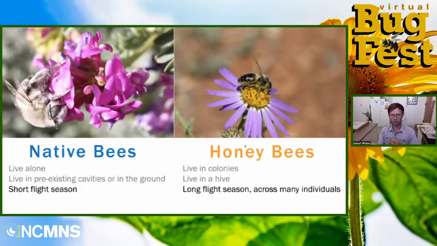There we go. Another thing to consider with this is many native bees are picky eaters. So they are attracted to certain kinds of flowers, and many of them have a short flight season. Many native bees are only flying around as an adult for maybe 4 to 6 weeks. Honeybees, on the other hand, fly all season long. As soon as it's 55 degrees or so in the spring, they will be out foraging, and they will stay out foraging until the daytime high temperatures get less than 55 degrees. So in some parts of the country, you can have honeybees flying around year round. Most native bees only live for 6 weeks or so.